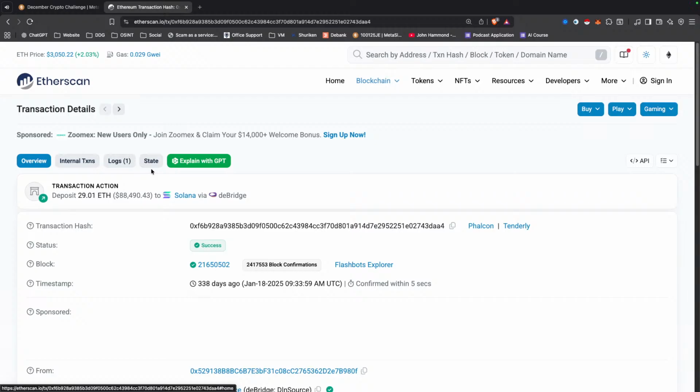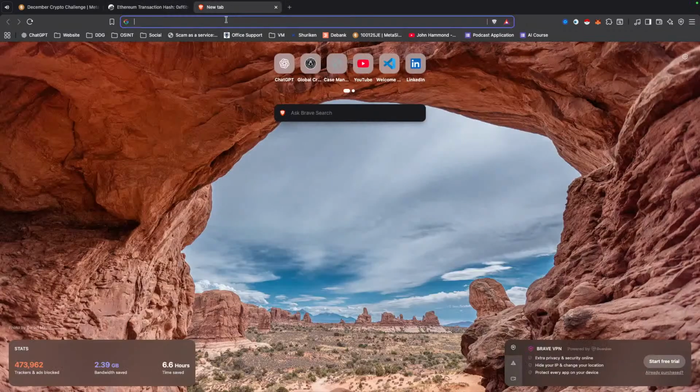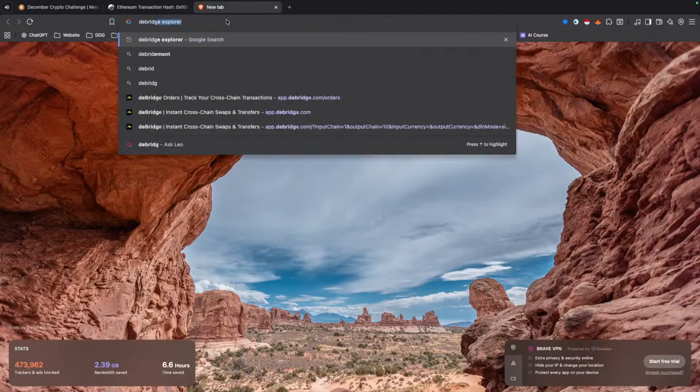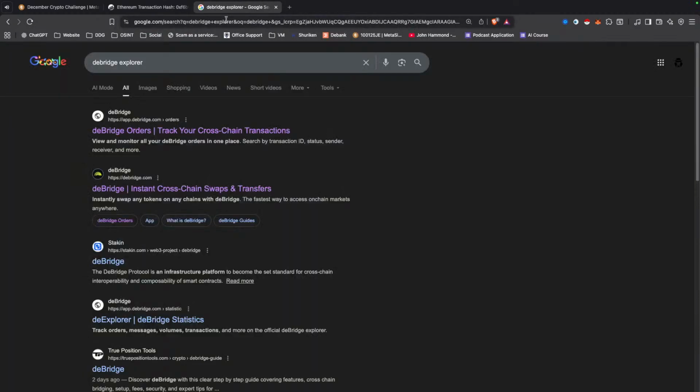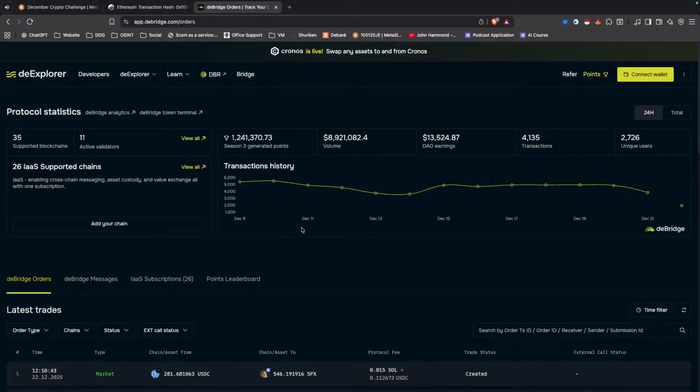All right. So when we get to this deBridge, and it tells us on Etherscan it's deBridge, the first thing that I do is Google deBridge. Do this with any bridge, and then the word Explorer. Okay, deBridge Explorer. If it's wormhole, wormhole Explorer. So whatever the bridge is, plus the word Explorer. That's going to bring you to this Explorer here. Now, I think the UI of this Explorer could do with some improvement. It's not so obvious where to put it, right?